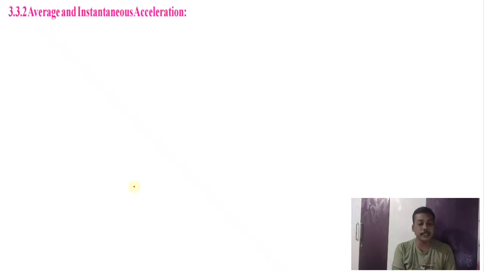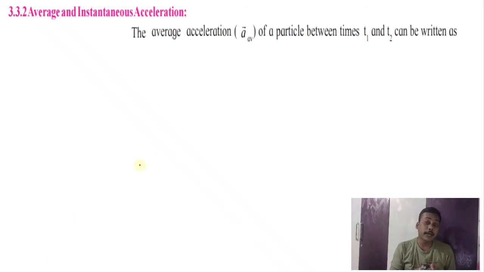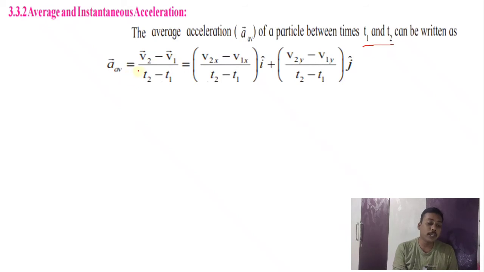Now after instantaneous velocity, let's find out the average and instantaneous acceleration. So see, in the last video, we studied displacement, that is denoted by delta x bar. Then displacement upon time gives the average velocity. Like average velocity, when we calculate the velocity at any instant, that is called instantaneous velocity. So after instantaneous velocity, we now calculate the average or instantaneous acceleration.